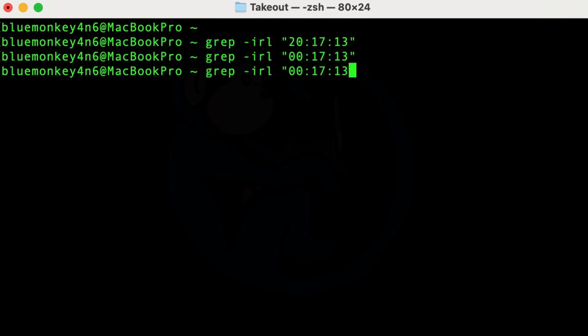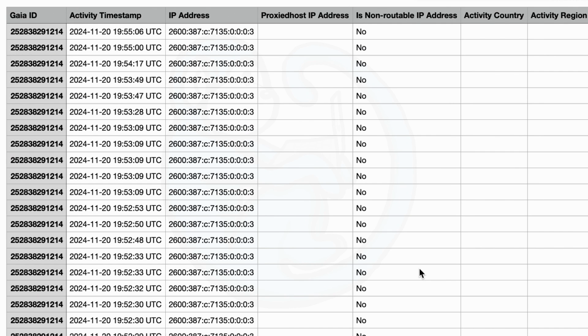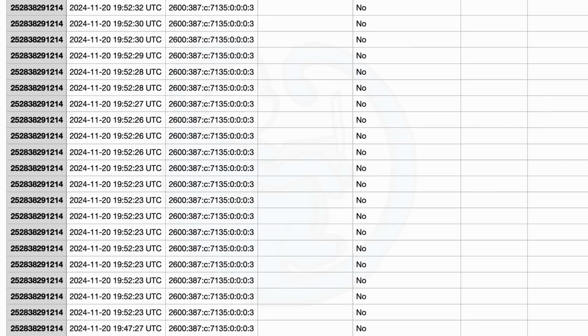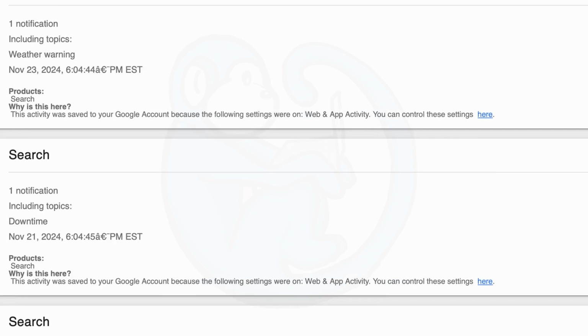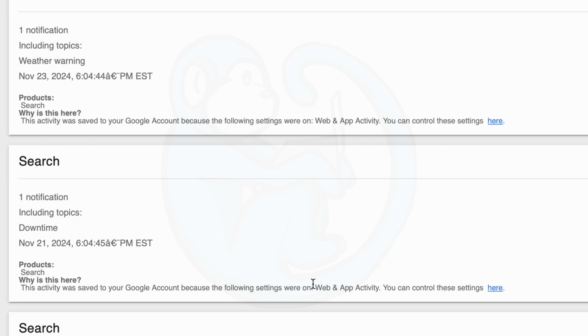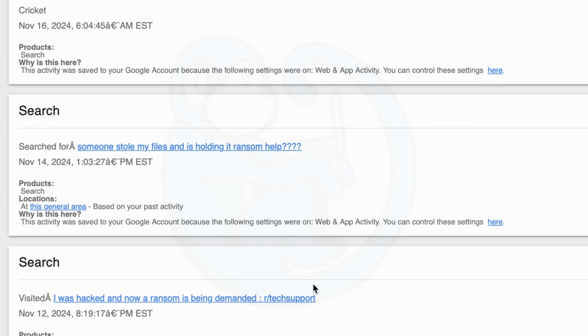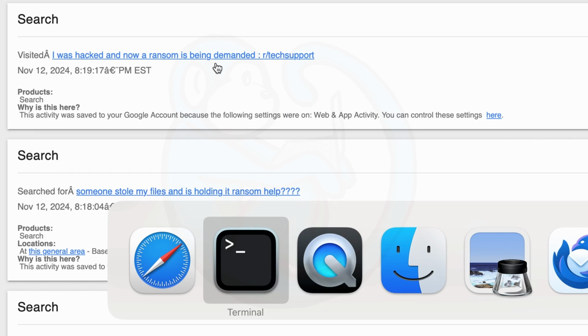Then I tried grep -IRL of 011713, which came back with a CSV file. Looking at this file, I didn't see anything that would give me an answer for what I was looking for. So I started to look at the archive_browser.html file. Specifically, I went into the My Activity search folder, since this is asking for searching. As I scanned down the entries, I noticed that the timestamps use AM/PM notation and not the 24-hour notation. So I adjusted my search and did a grep -IRL